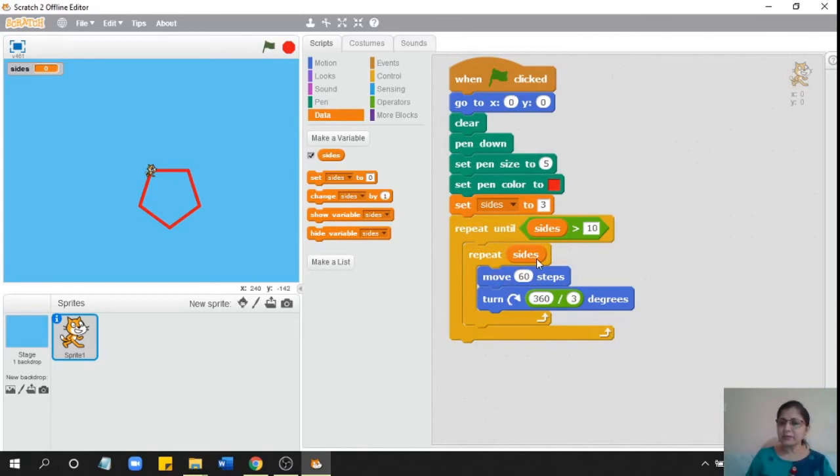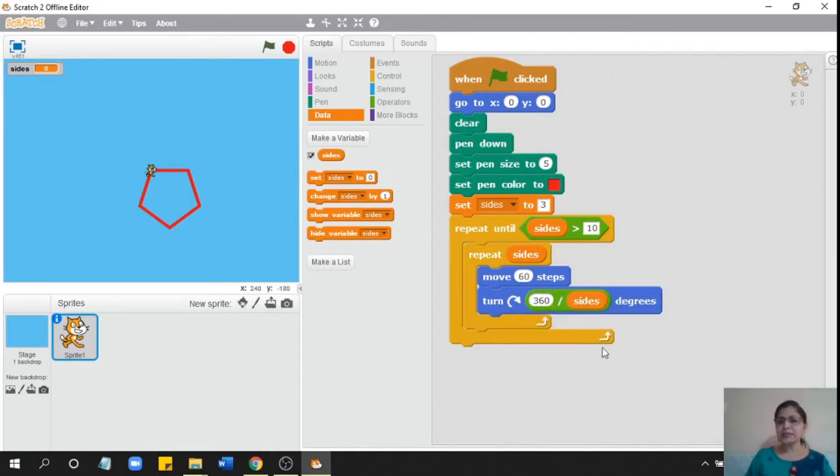So I am going to say repeat sides number of times, move 60 steps and turn 360 divided by, again, here I should not keep a fixed number, because I want the same code to work for a 3-sided figure, 4-sided figure, 5-sided figure, 6-sided figure, and so on till a 10-sided figure. So I will say 360 divided by sides, in this manner.